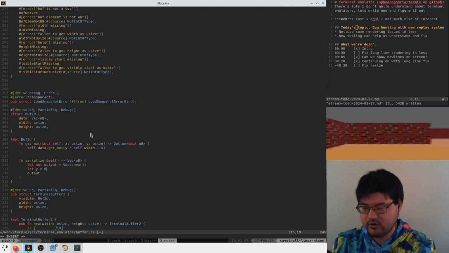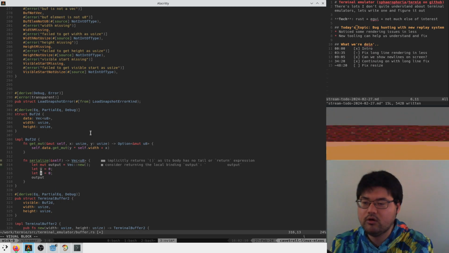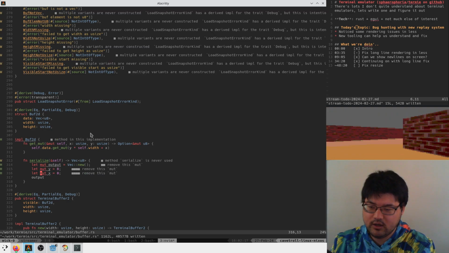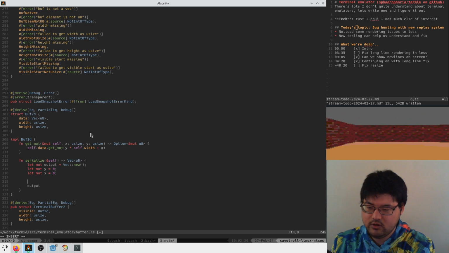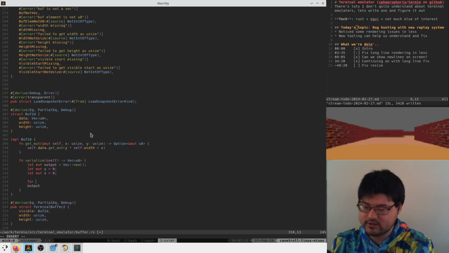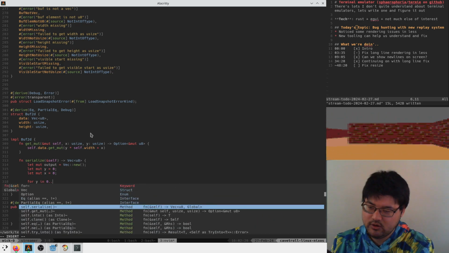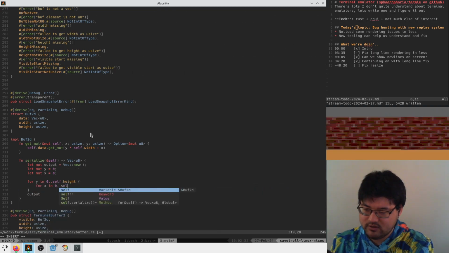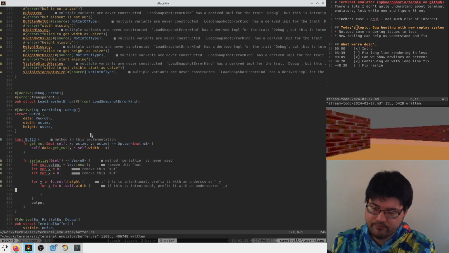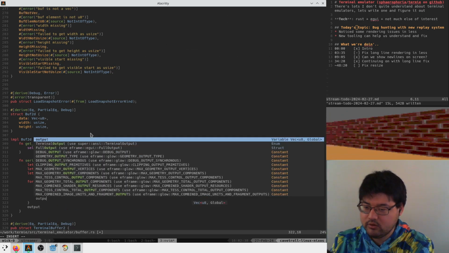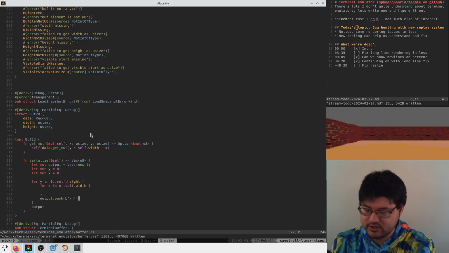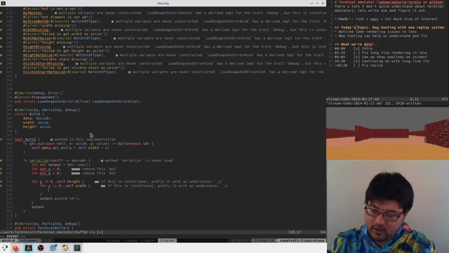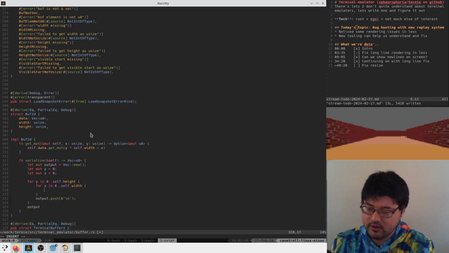Let y equal 0, x equal 0. And we're going to say for y in 0 to height, for x in 0 to self.width. We're going to push a new line for every line unconditionally for the output because we don't really care. This isn't about the internal data model. This is just for the thing to render. And then we're going to say output.push if